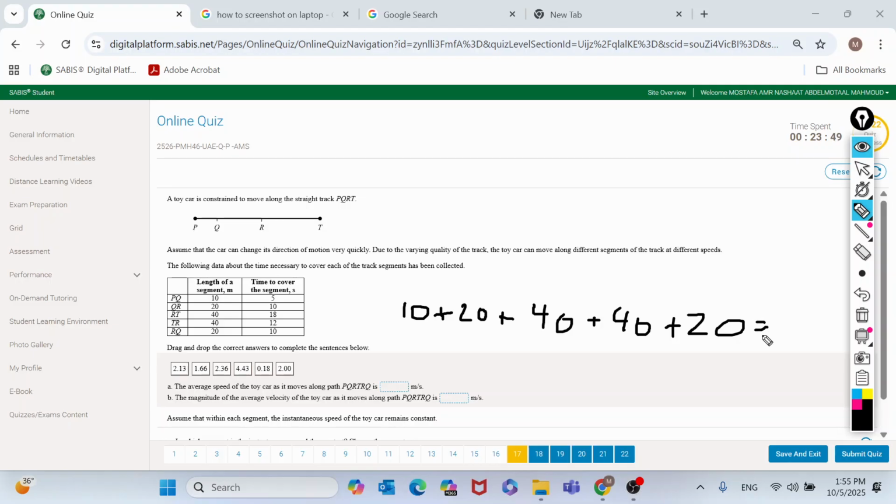Add those up again. Let me just do it on the calculator. 10 plus 20 plus 40 plus 40 plus 20. You get 130